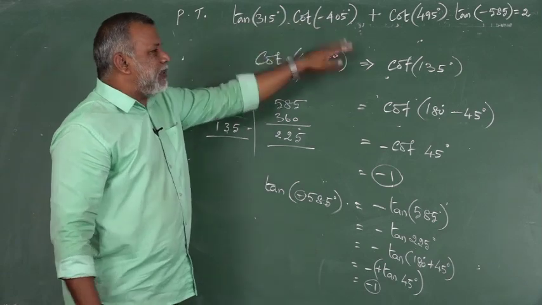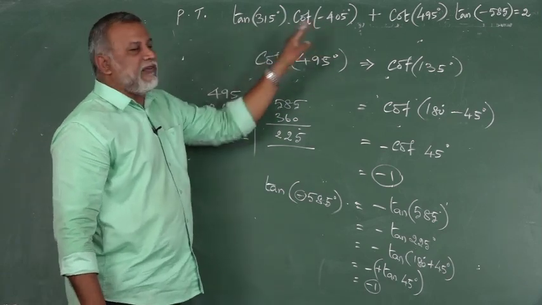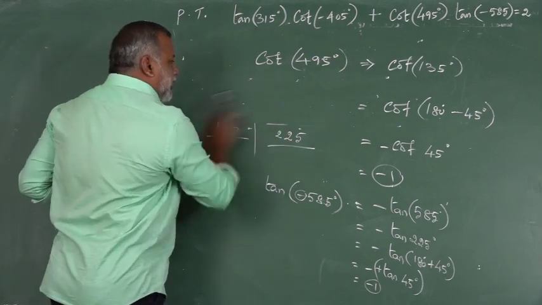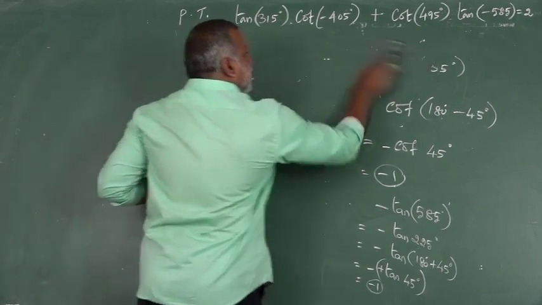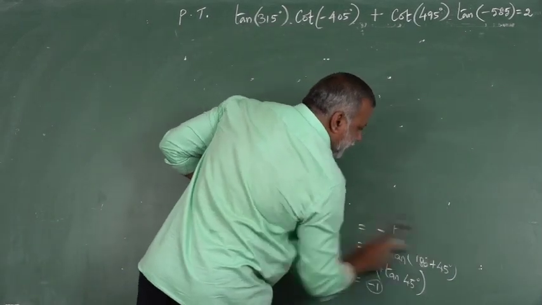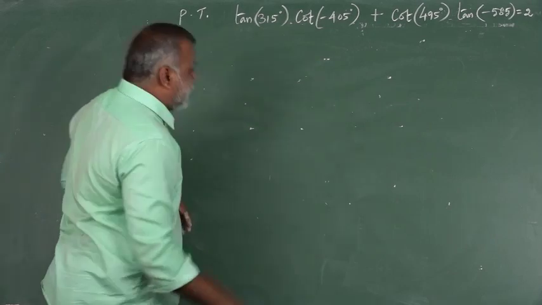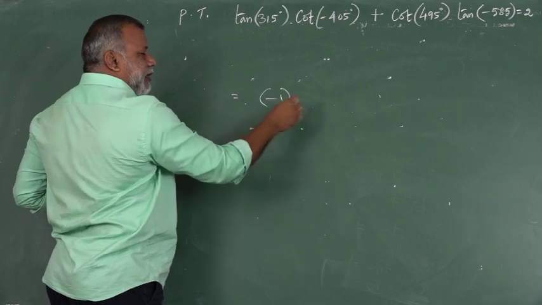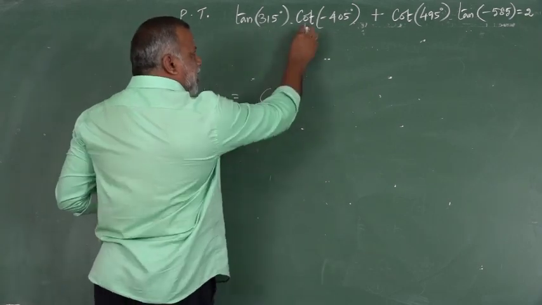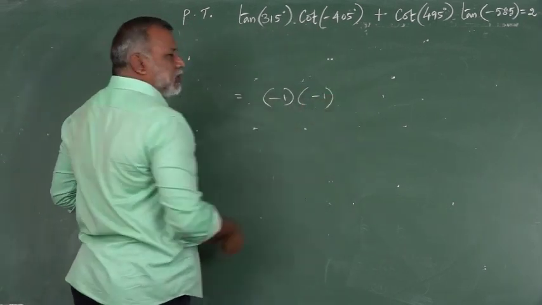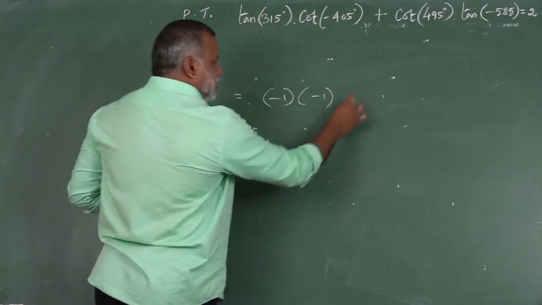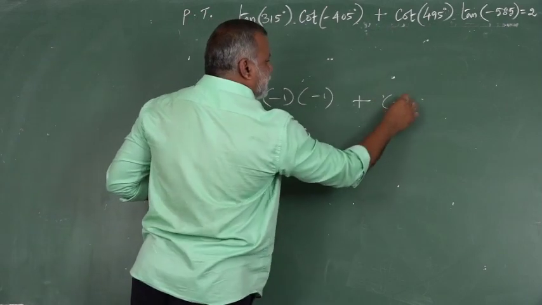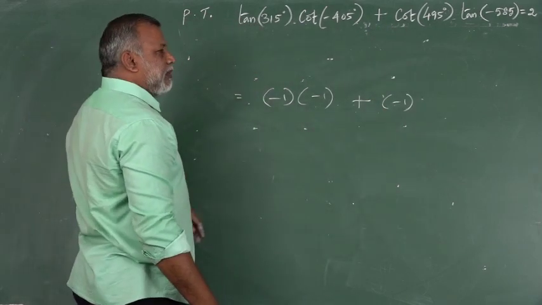Therefore, we worked out separately the results of the given 4. Now we just have to substitute in the given data. So we already finished the values of the 4 different angles. What are the 4? Tan 315 takes negative 1, already worked out. Substitute the data: cot 405 also produces negative 1. Then you have a positive symbol. Cot 495 again will produce minus 1.